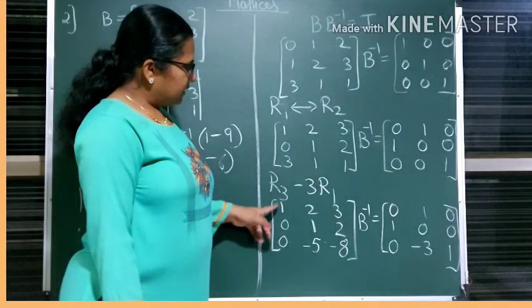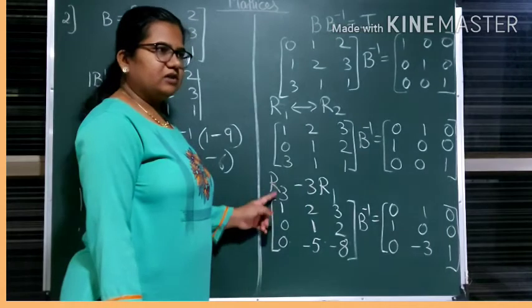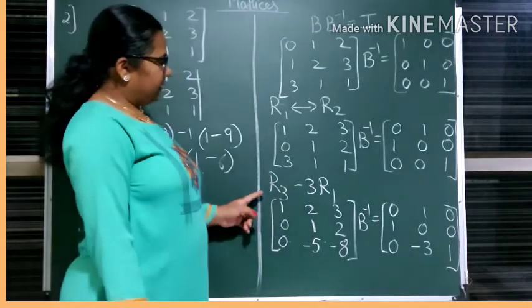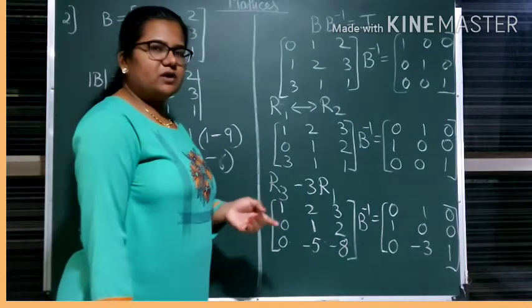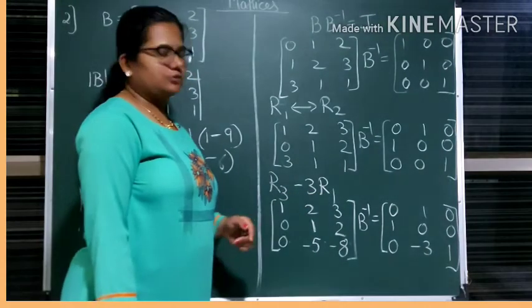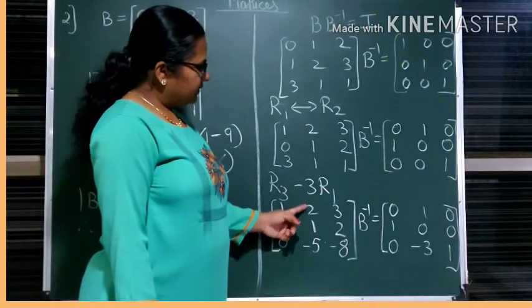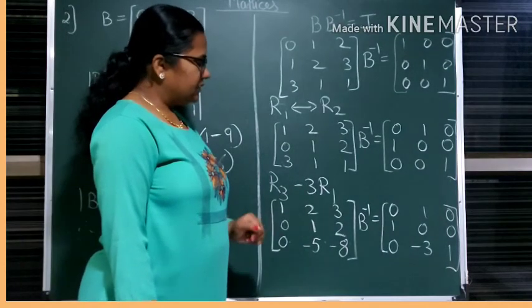So you can see here, if we are using row transformations, we are going column wise. We are converting the elements column wise. Now when we see an example of column transformation, you will see we will go row wise. We will convert the elements row wise. Okay. So already this is also 1.